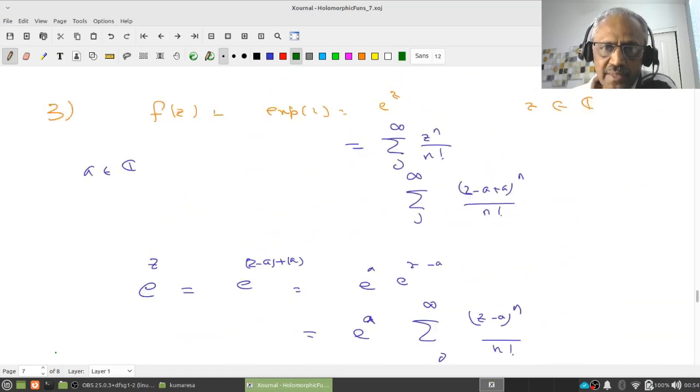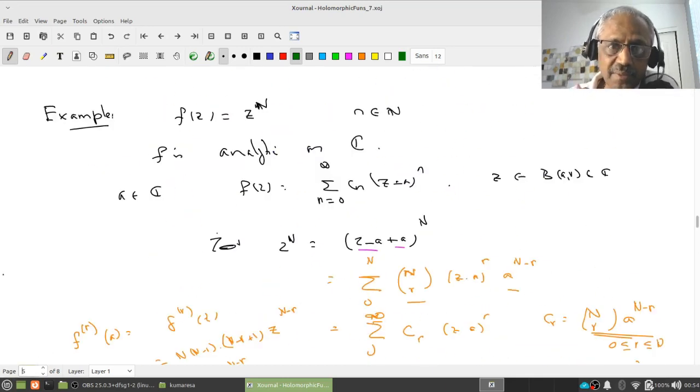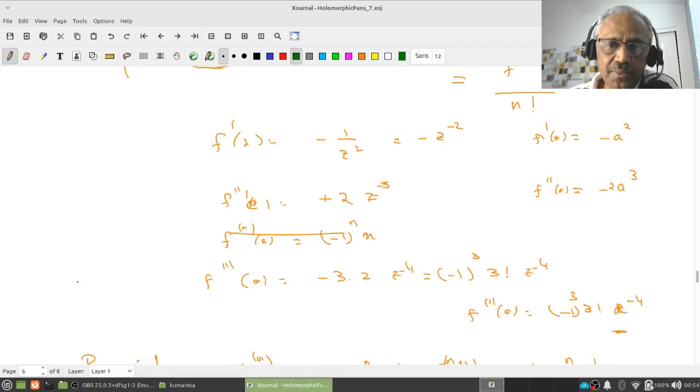When we had looked at e power z, the exponential of z, that is given as a power series. When we wanted to prove the exponential functions are analytic, I did not look at the power series part. I looked at only the properties enjoyed by the exponential. Exponential z equals exponential of z minus a plus a, therefore it's exponential a times exponential of z minus a, and therefore I get the power series expansion in powers of z minus a. Similarly for cos and sine, if you have done that. Are you following? Whereas here, in fact, my function is completely defined only in terms of